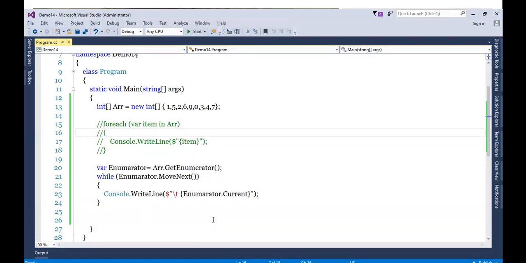Do remember, using IEnumerable in our classes is never mandatory. It is not at all required for us to use the IEnumerable interface. You can perform this functionality without IEnumerable also, but still the functionality is available.